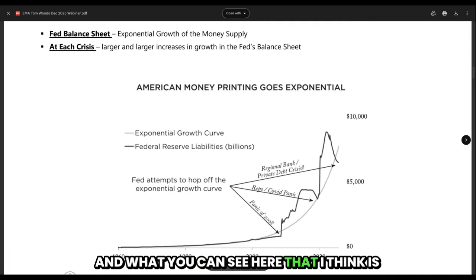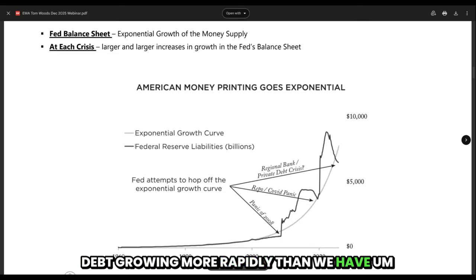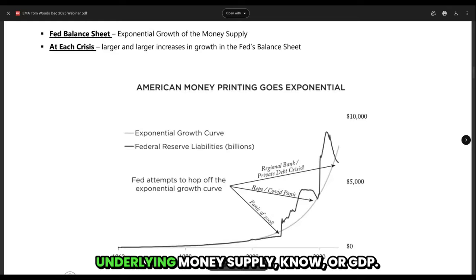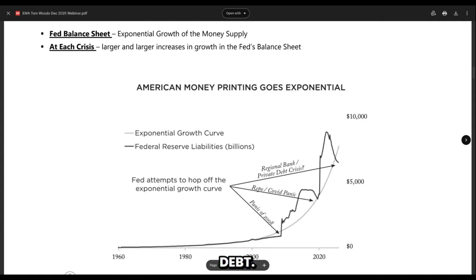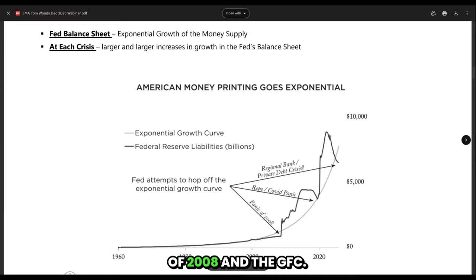And what you can see here that I think is fascinating is that every time the Fed balance sheet, or the money in the system, because we've got debt growing more rapidly than underlying money supply or GDP, you get to these points at which there's not enough money in the system to service the interest rate and the debt. And so you can see what happened. The black line slipped below the growth curve in 2008,